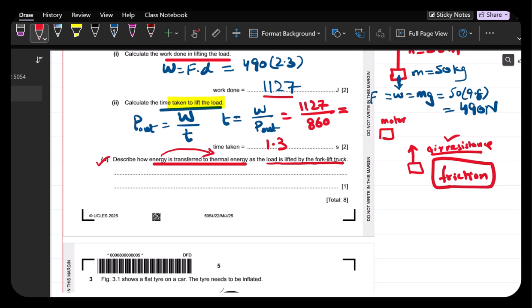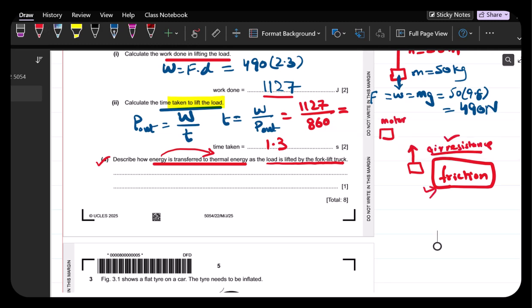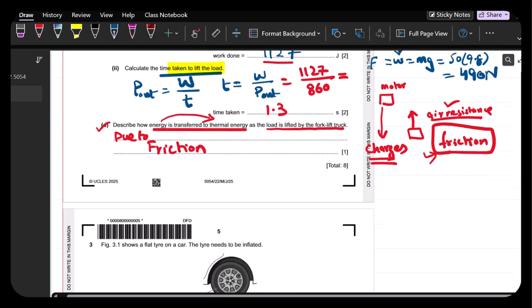So friction is there. It is going to be due to friction, the thermal energy. Or you can say when the motor is working, charges are there, so electrical energy is possible. So I'm writing here friction, because it is a 1 mark question. I will be writing here that due to friction. So moving next,